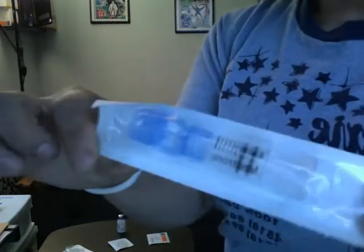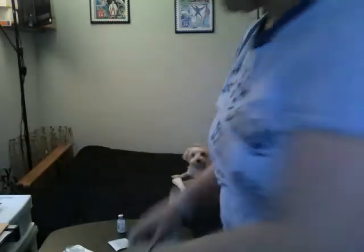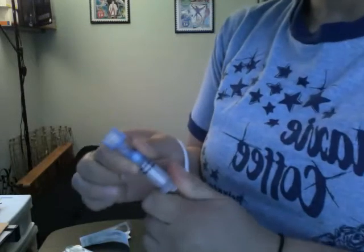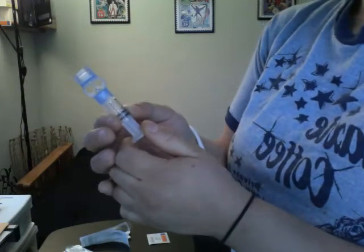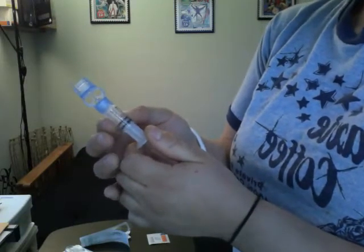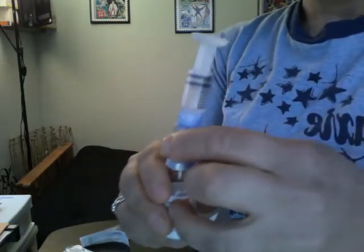I have my reservoir here, an alcohol prep, and my insulin. I'm going to clean the top of my insulin, open my reservoir, pump it 2 or 3 times to lubricate it, get it to the amount that I need, which is 1.4, insert it,